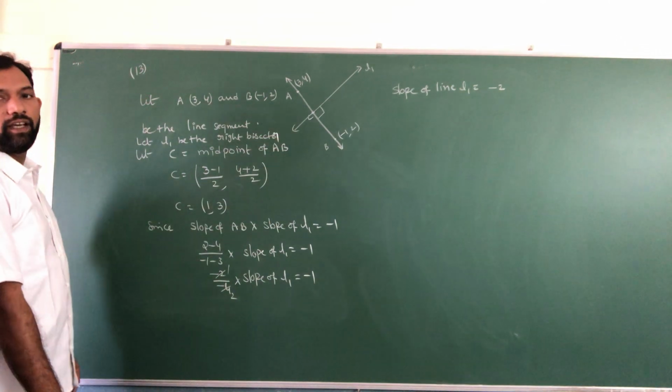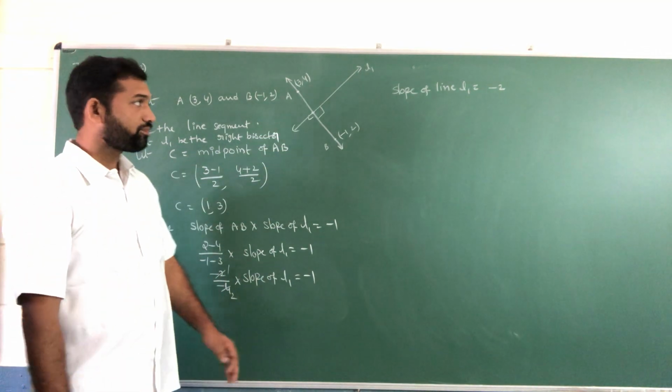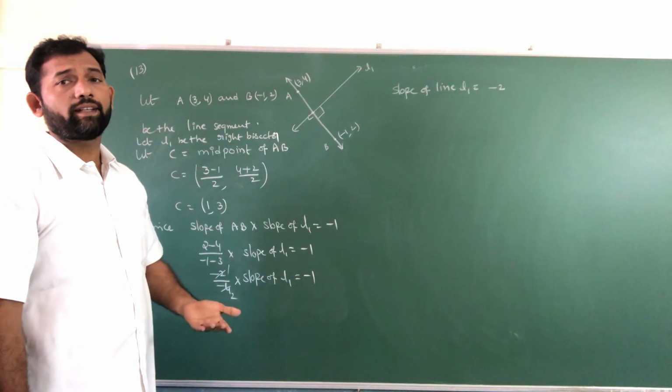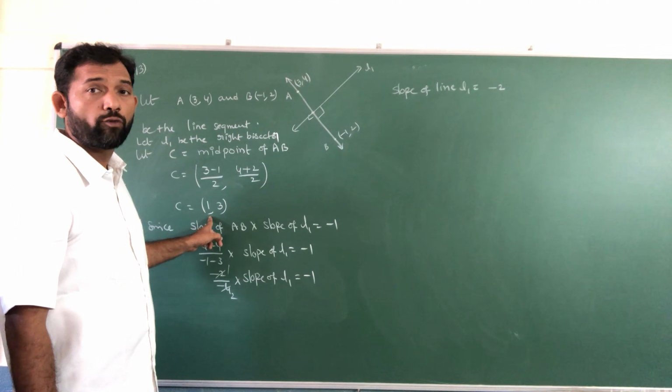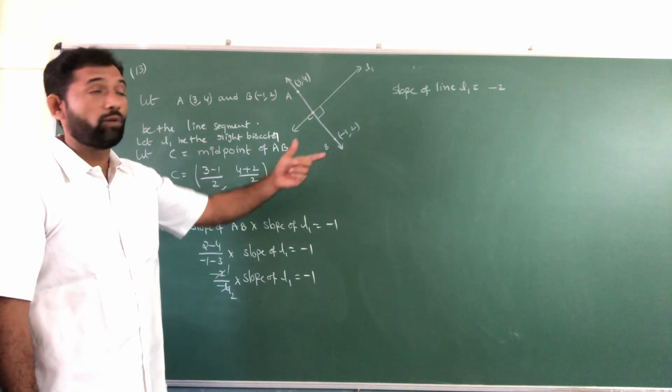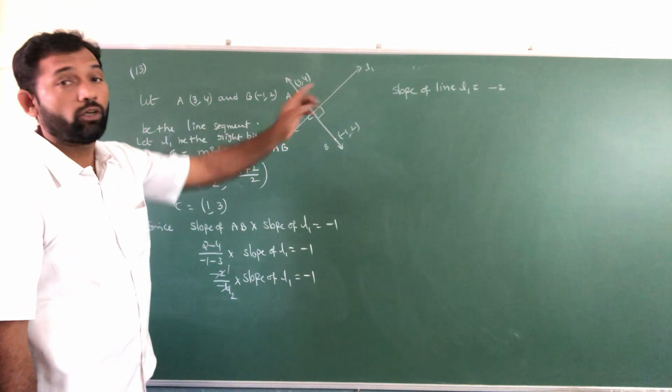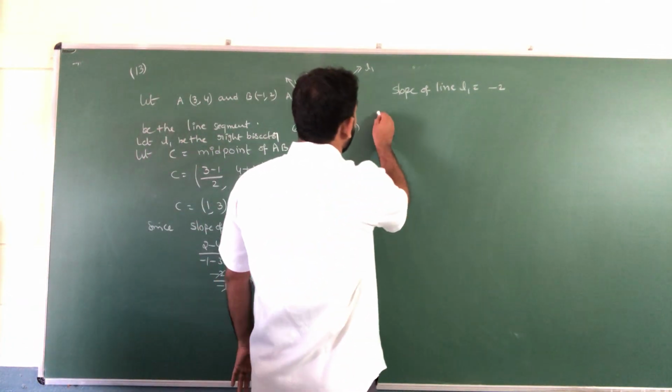Let L1 be the right bisector. No doubt. After that, the right bisector passes through the midpoint, which is (2, 1)? What is that slope? Minus 1/2. So the equation of